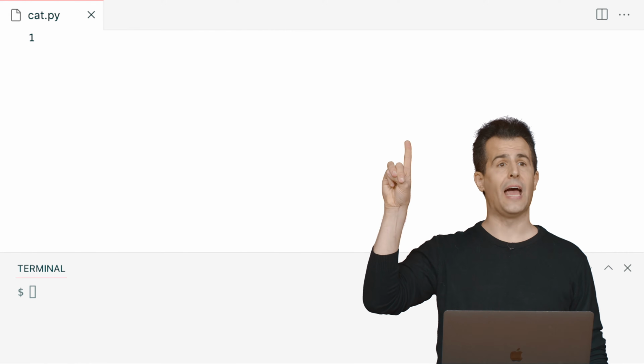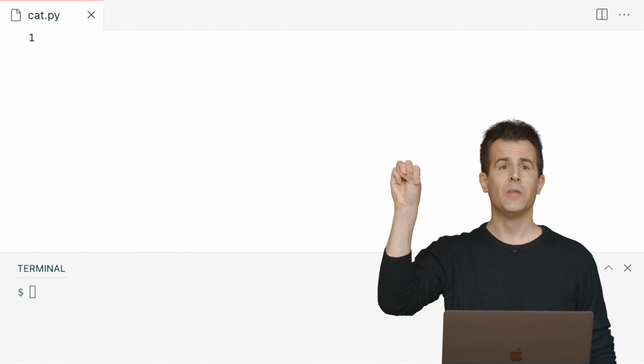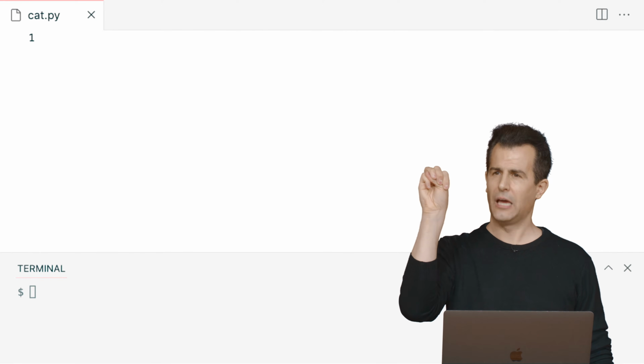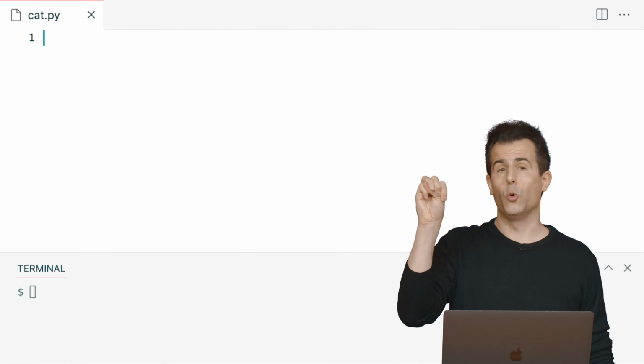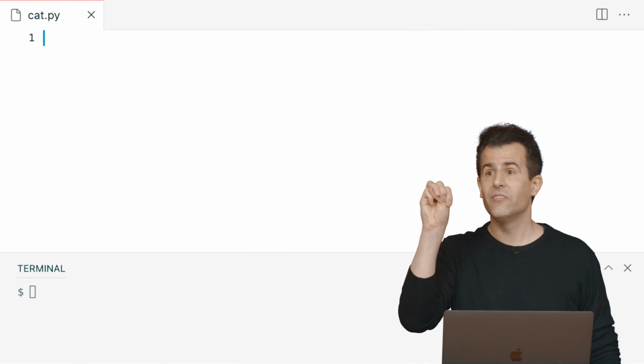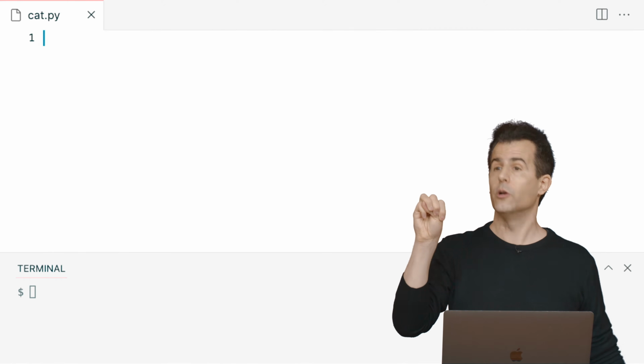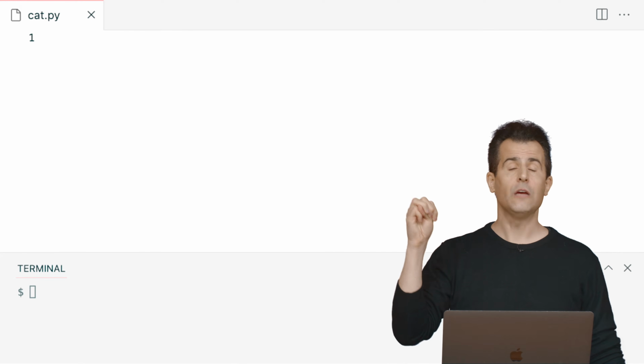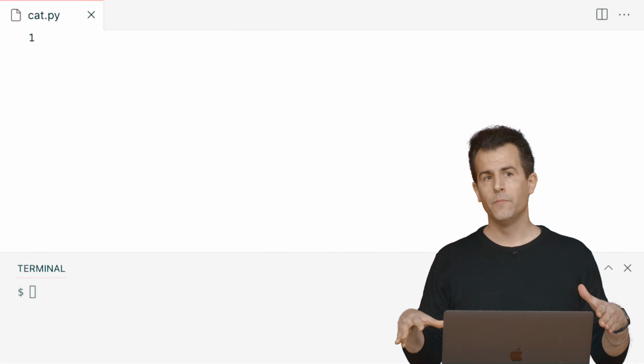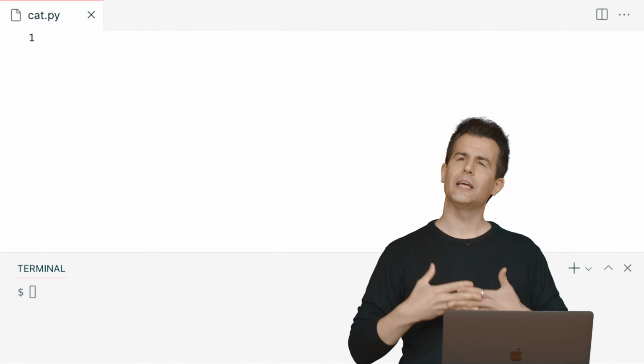And I can put one of the fingers down and I can meow, put one of the fingers down. And maybe the question I can ask every time I meow is, do I have any fingers up still? If the answer is true, keep going. If the answer is false, stop. So how can I translate that to code?